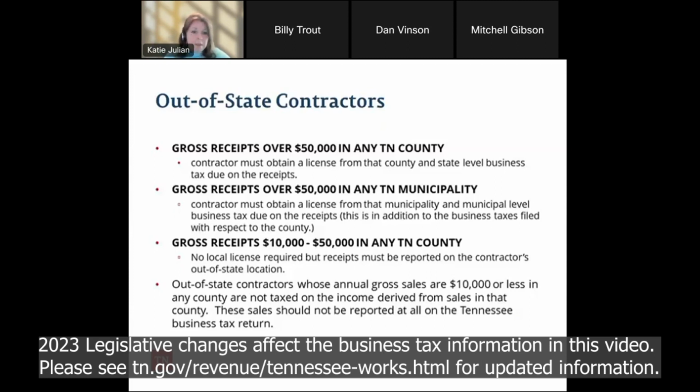All right. Gross receipts of over 50,000 in any Tennessee municipality or city/town. Contractor must obtain a license from that municipality, and the municipal level business tax is due on the receipts. This is in addition to filing it on the county level, so you're going to file it on both. Gross receipts of 10 to 50,000 in any Tennessee county, no local license required